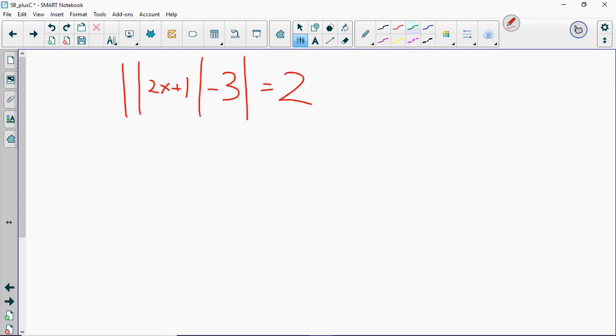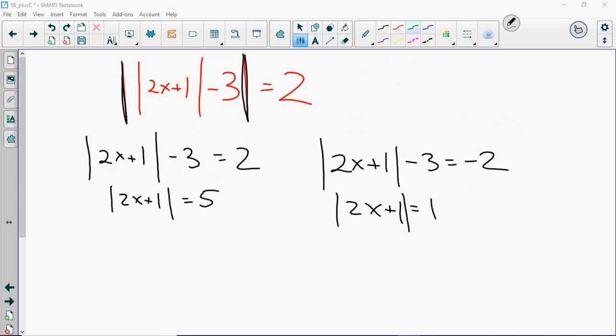What are we going to do with something like this? This equation has an absolute value inside of an absolute value. Take a deep breath. It's fine. We're just going to do exactly what we said we would do. We're going to work from the outside in here. So we're going to get rid of this absolute value first. We're going to do that by taking everything that's inside of it and setting it equal to either 2 or negative 2. After we do that, we can move the 3 over to the right-hand side in each of these, and then look, we just have two